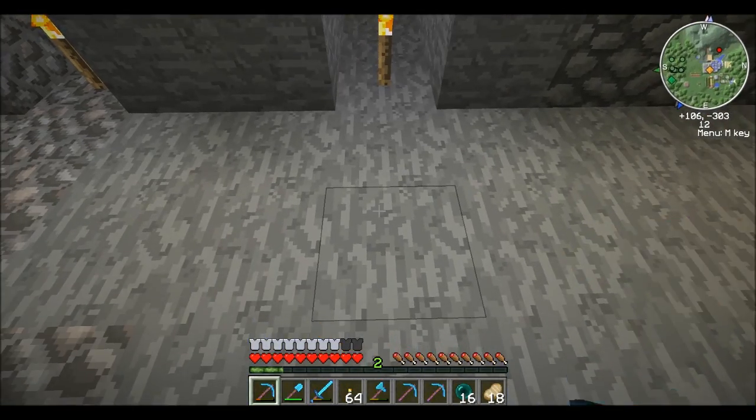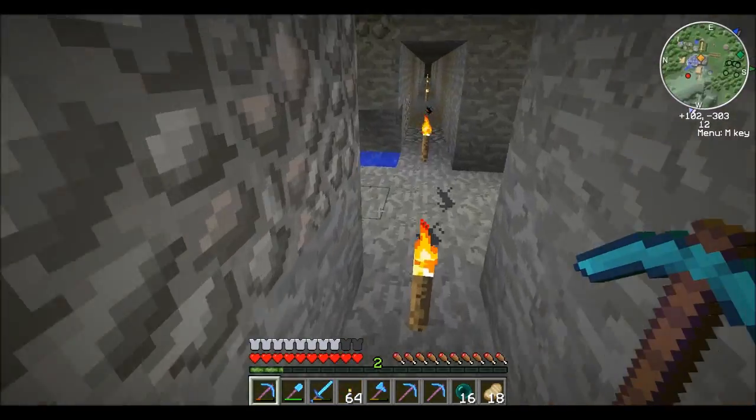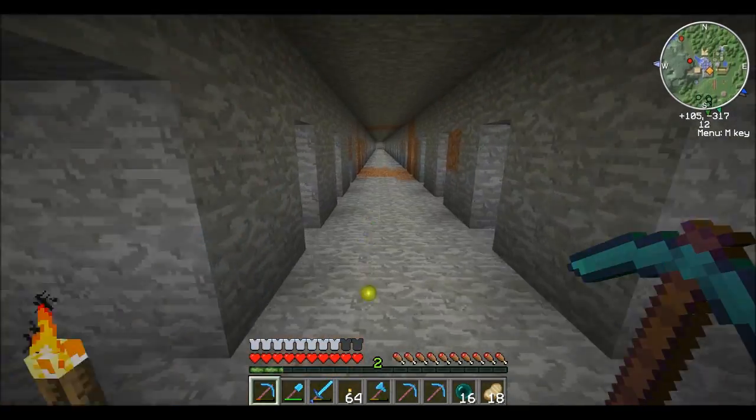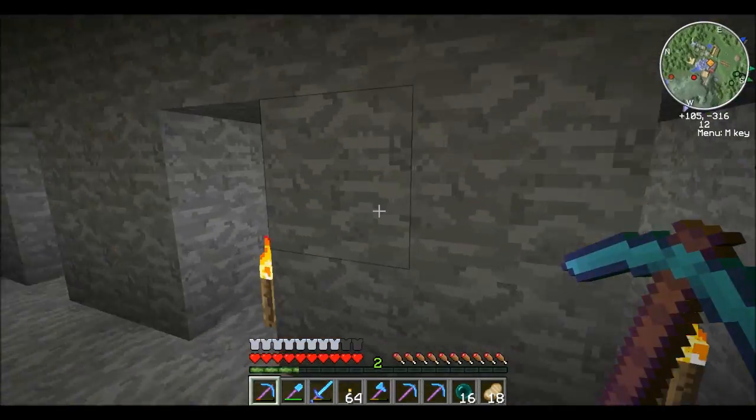Oh, there's the chest cart. Fill it up. Keep going. Come back. Send it on its way. So then, basically what that means is as long as I have a full durability...